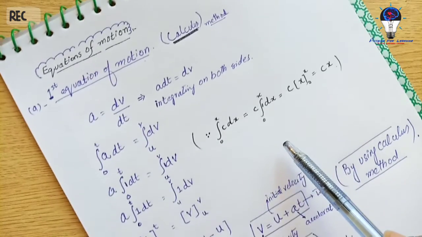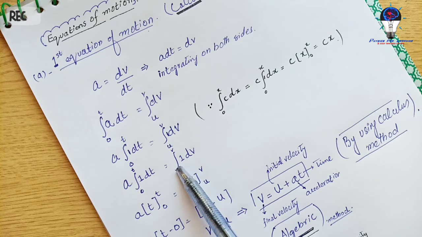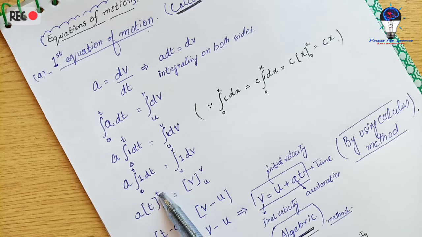So now, as we all know, the integration of 1 with respect to dt is t, and with respect to dv the integration of 1 is v. So by putting in their upper limit and lower limit, we will get a bracket t minus 0 is equal to v minus u. So by arranging this we will get at is equal to v minus u,